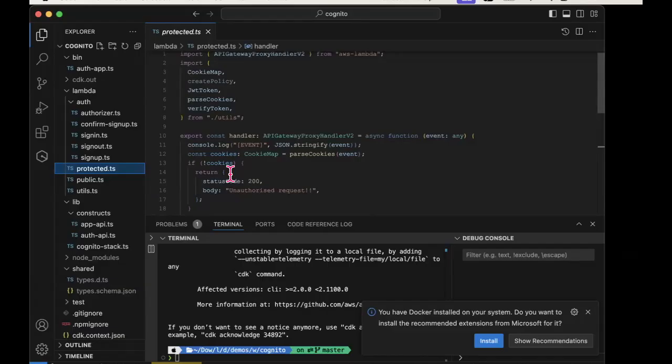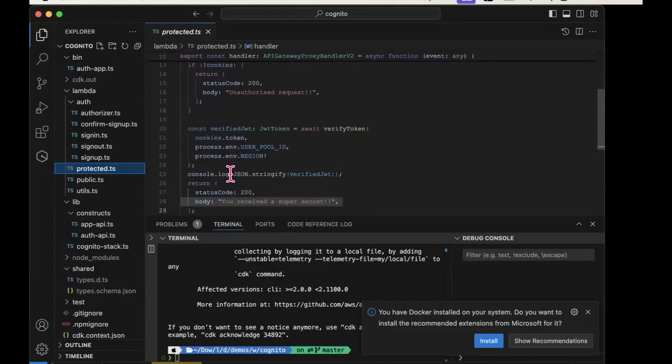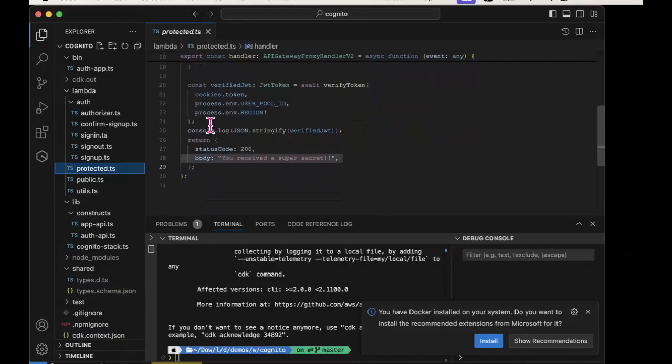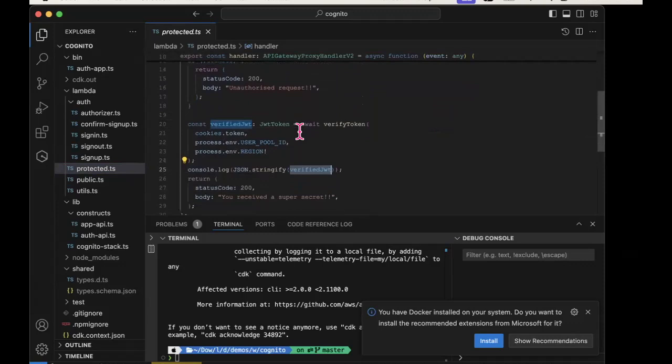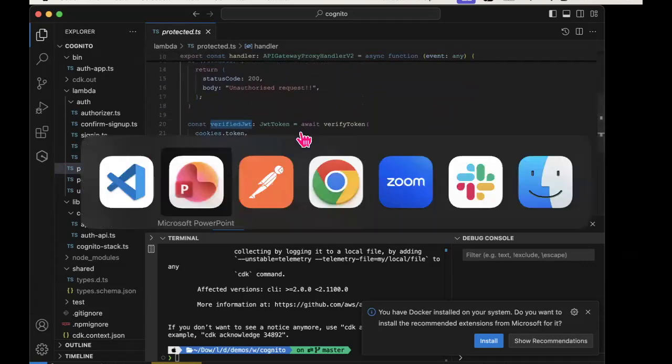And if you look here, I am doing a console log of the decoded, although I'm calling it the verified here, decoded or verified JWT token. And this is inside the protected lambda now. So if I jump over to CloudWatch logs,